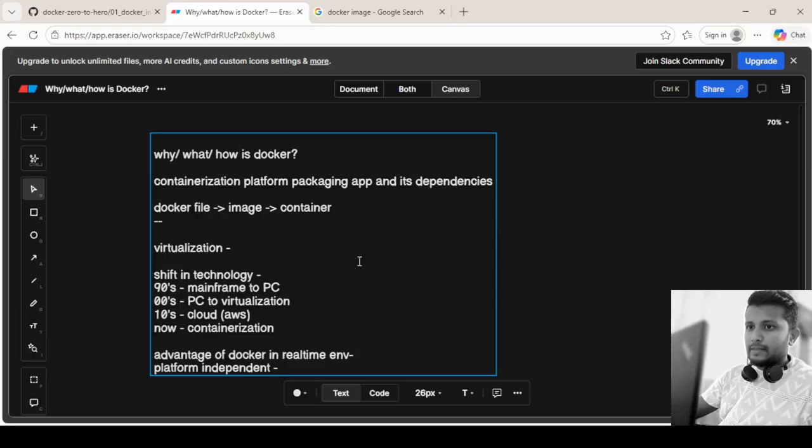Okay, as we just discussed, that is one of the advantages of Docker. If an application is running in one environment, 99.99% it also runs in the other environments. So platform independence is very important, and it resolves the issue of platform dependency. And then build and release, build and configure release.